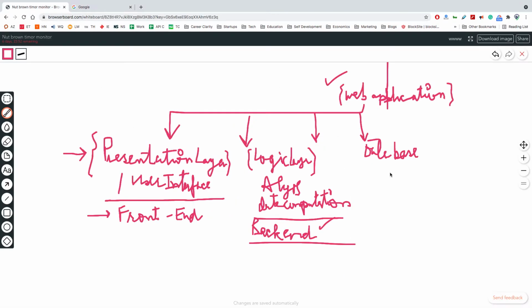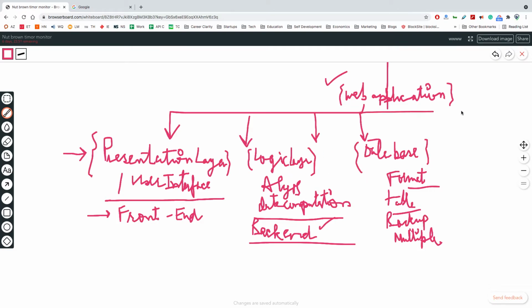What will be the format of that data? What will be the structure of the tables in which it's stored? Not necessarily always stored in tables, but generally most of the time the data is stored in tables. How many backups of the data are there? There are multiple databases, it's not that only one database is there for a big application like Google. So database or data handling forms the third layer, and then there is a fourth layer,